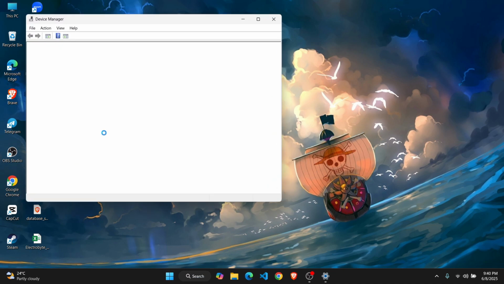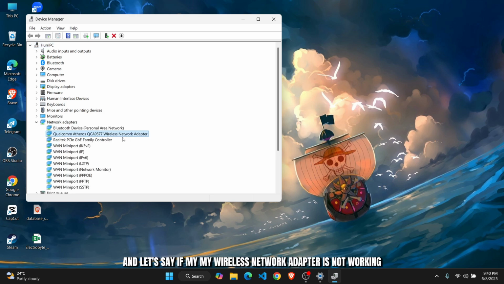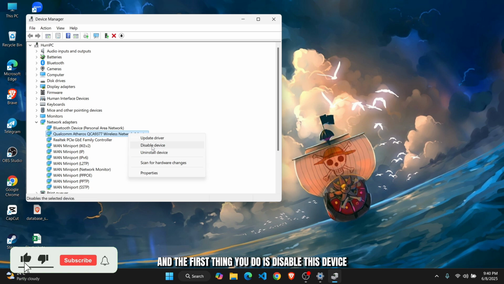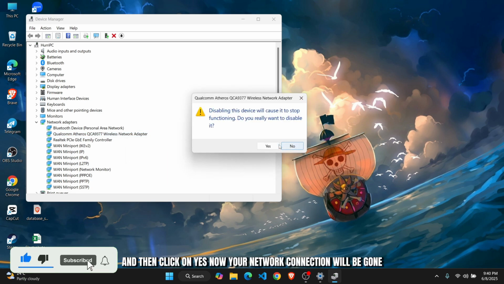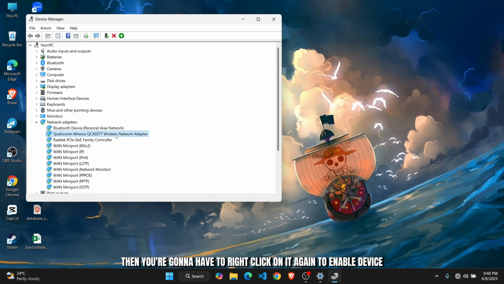Hit enter. So let's say, for example, if I go to my network adapters, and let's say my wireless network adapter is not working, then the first thing you do is disable this device. And then click on yes. Now your network connection will be gone. Then you're going to have to right click on it again to enable device. Once you enable it back again, it should start working in most of the cases, but if that doesn't happen,